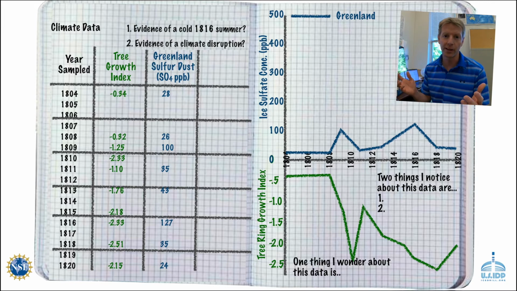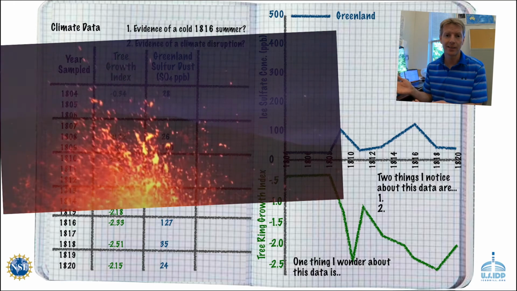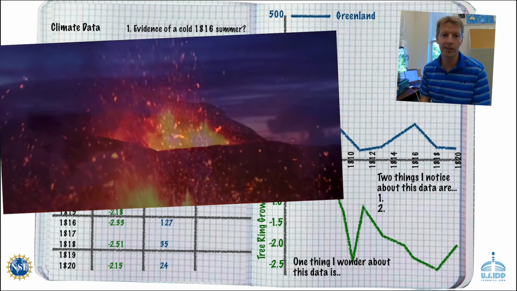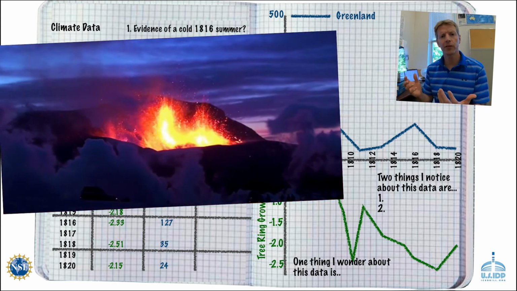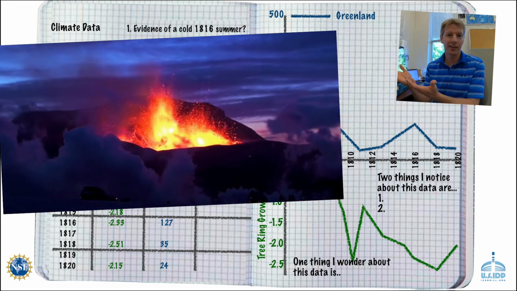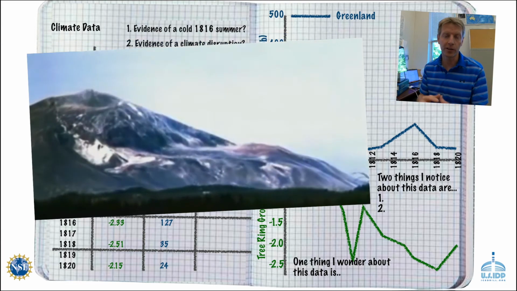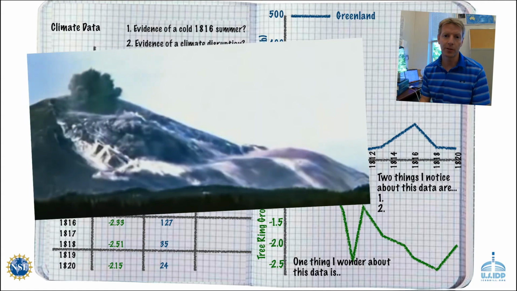But in order to cause a climate disruption like this, it would have to be a really huge eruption. And we know that there are volcanic eruptions going on all the time all around the world. I mean, Greenland is right next to Iceland, and Iceland is basically just a whole group of volcanoes with eruptions happening all the time. So how do we tell the difference between an eruption that may be kind of small but really close, like from Iceland, versus a really huge eruption that may have actually caused a climate disruption?